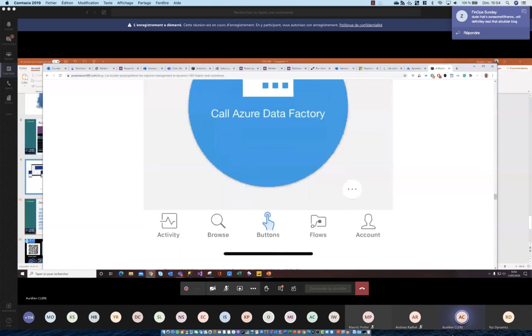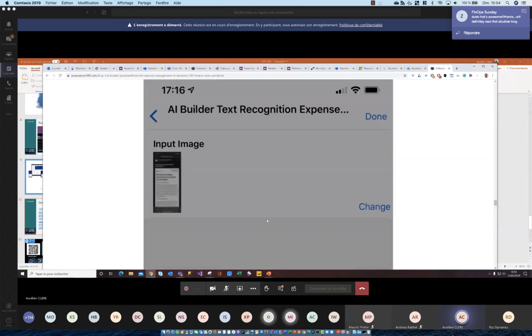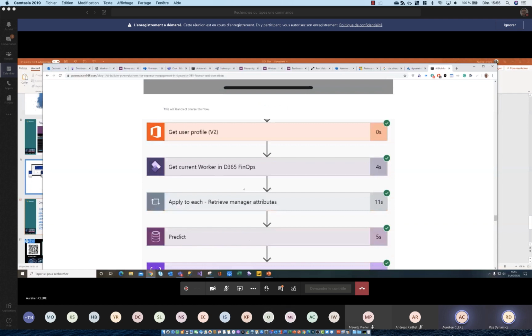They can download the application on their mobile and just authenticate. And after, as you can see, they can take a picture of the expense and call the flow.